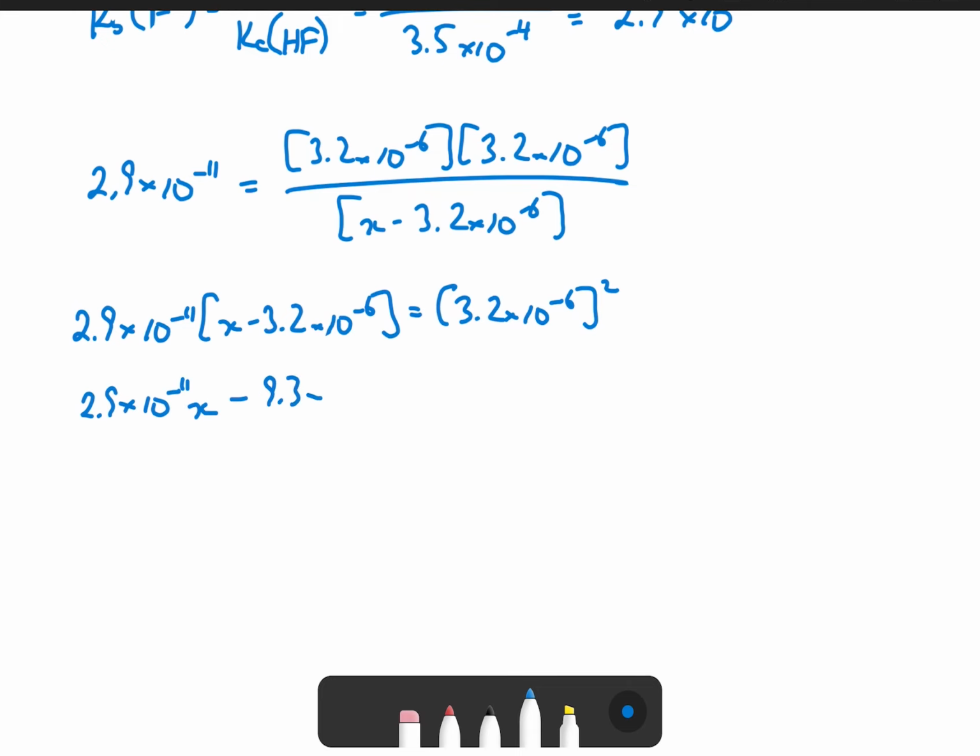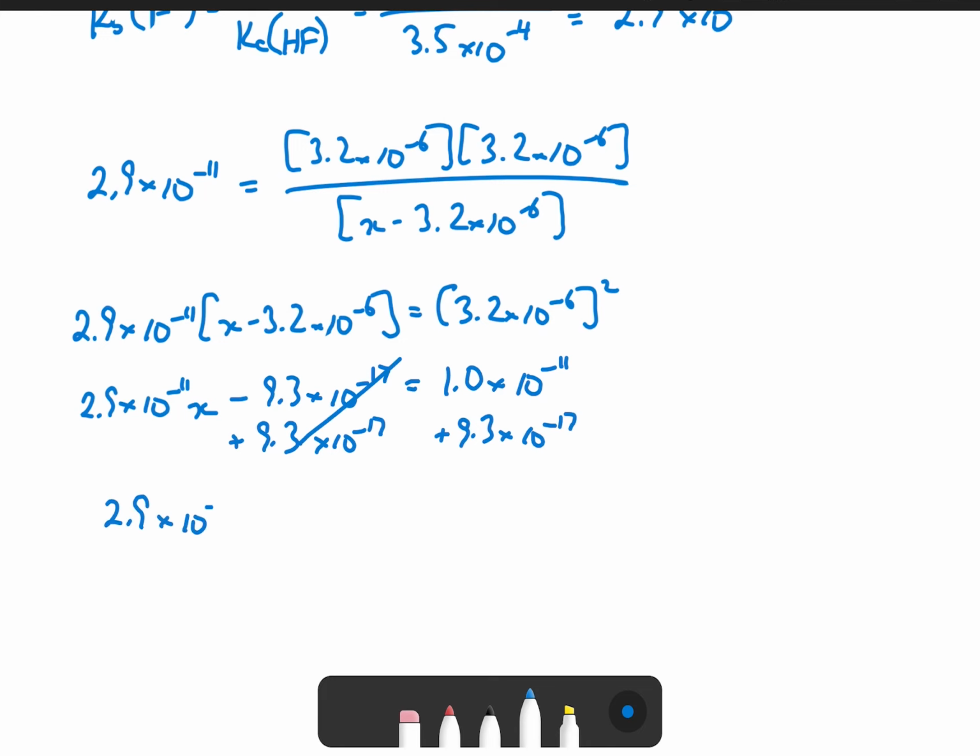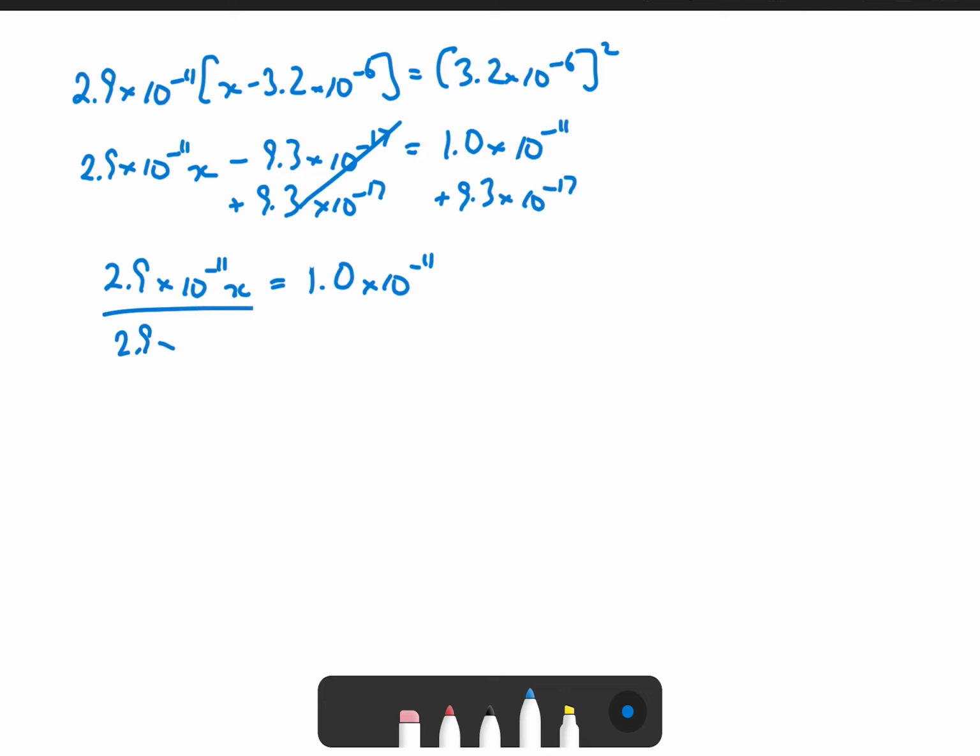This will yield 2.9 times 10 to the negative 11 x minus 9.3 times 10 to the negative 17 equal to 1.0 times 10 to the negative 11. Adding 9.3 times 10 to the negative 17 to both sides, this will yield 2.9 times 10 to the negative 11 x is equal to 1.0 times 10 to the negative 11. Dividing by 2.9 times 10 to the negative 11 on both sides,